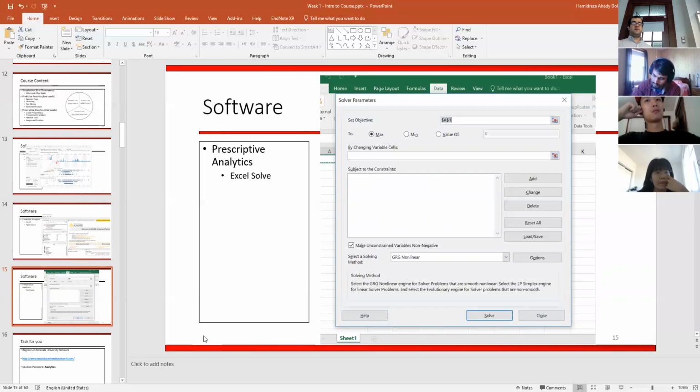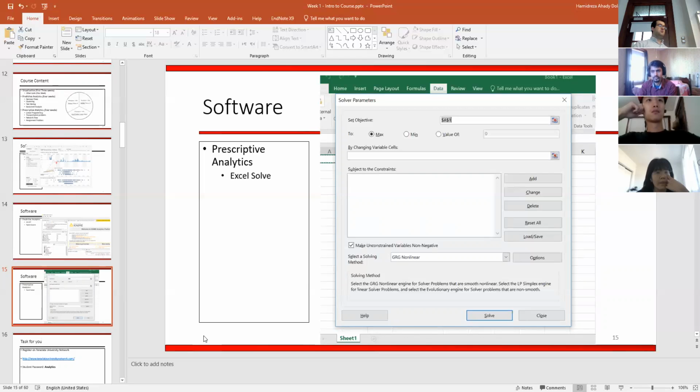So for the people who are not in business analytics, you just need to know the overall concept. In your future, probably you don't need to use prescriptive analytics, but in some reports or in some of your business, maybe you need to work with those reports. So when somebody in business analytics gives you a prescriptive analytics, you should know at least what is going on there, what they're talking about. That's the expectation for people who are not in the analytics major. Even for business analytics, you probably need to do that, but prescriptive analytics is mostly related to industrial engineering.